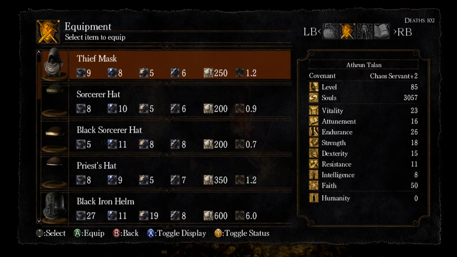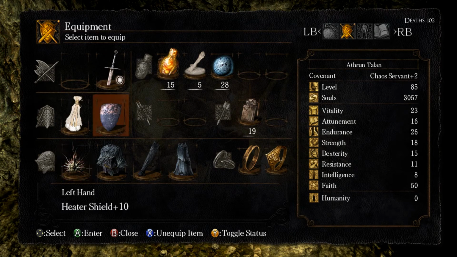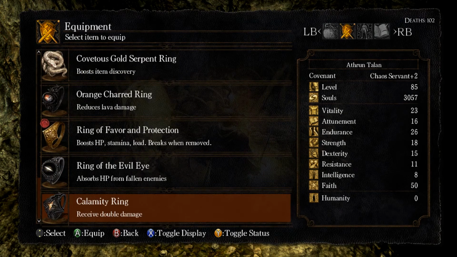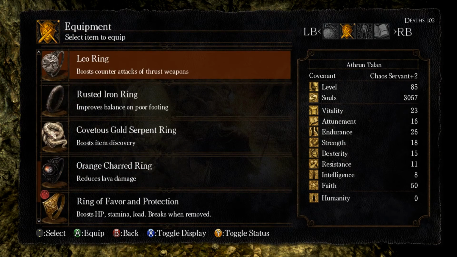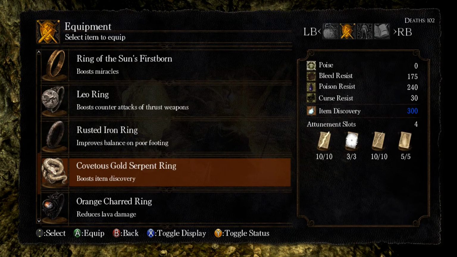We're going to start off by just changing our equipment around slightly. We're going to put the sunlight maggot on, which will give us a little bit more light, which means we can keep the shield and the sword out at the same time. We're going to get rid of the Ring of the Sun's Firstborn, as much as I might like to keep hold of it. Actually, you know what? No, we are going to leave that on for now, but as we get a little bit further into the depths, we're going to change over to the Covetous Gold Serpent Ring, so we can boost our item discovery rate